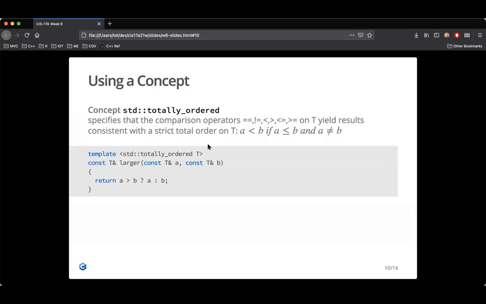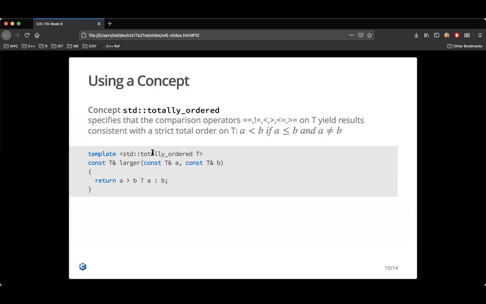That's a constraint on this parameter we'll pass into this template. And of course, it makes sense if the type T is totally ordered, and then we can use operators like greater than, less than. This may be more than what we needed in this implementation, but the idea is that we want to use